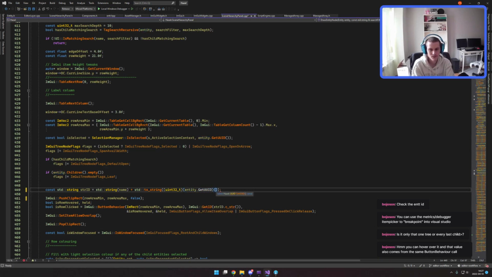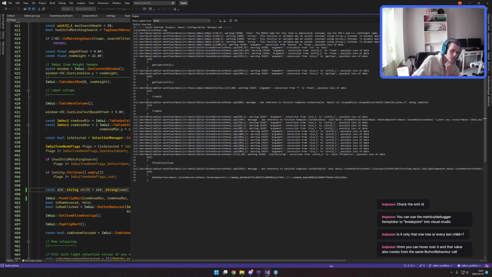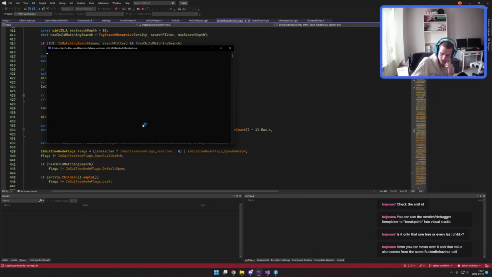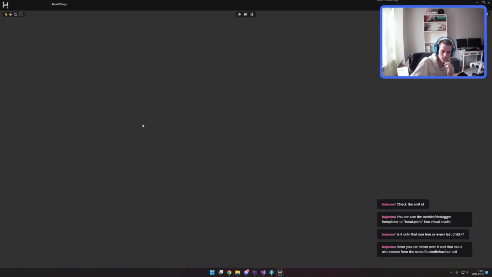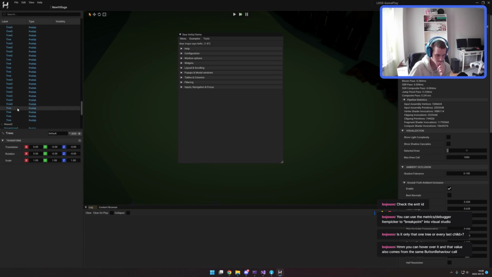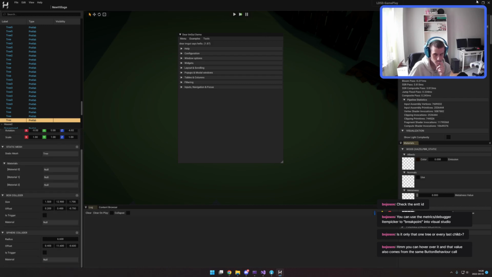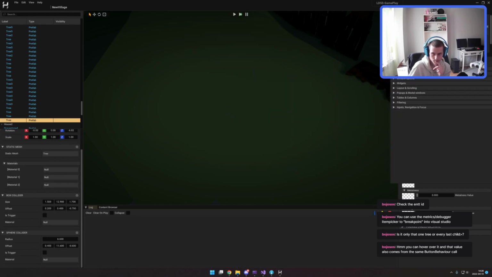If I use the RUUID instead, then that might actually fix it, but it's still. Because if they have the same ID, then the same ent ID, then that should cause problems elsewhere as well. So in theory, I should be able to select it. And I can. Okay, that's